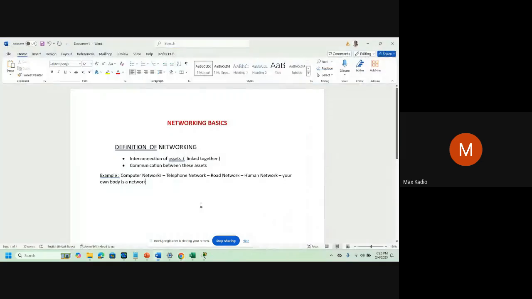So this is a simple definition of networking. Now we have interconnection, assets, and communication.